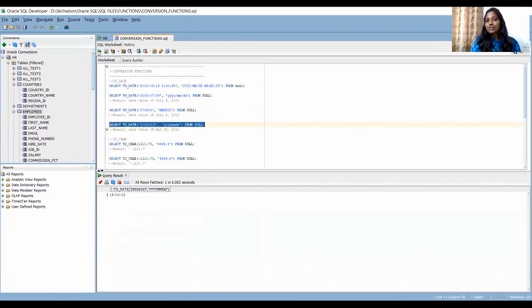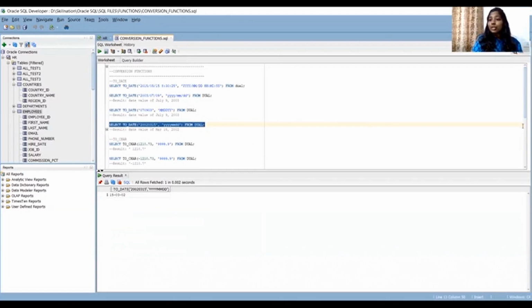See, it has understood. So basically what it does is we are giving a string value, and we are telling it this is the format, understand it, or we are telling it how to read the string which we are trying to give. So I'm giving this number and telling it to read this number in this way. The first four digits are year. So read it this way and store it in the date format. That's why we are using the to_date function.